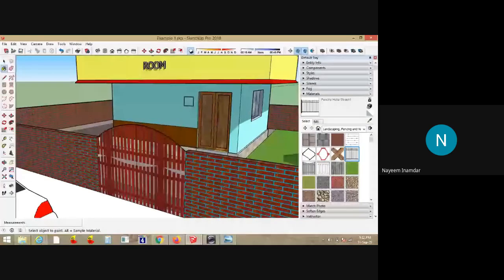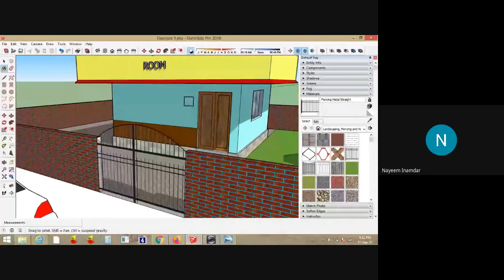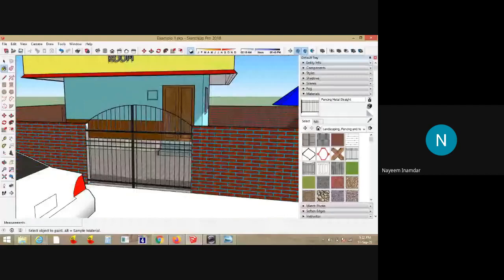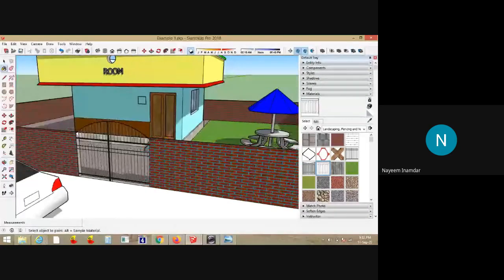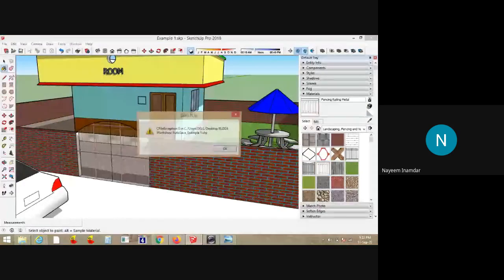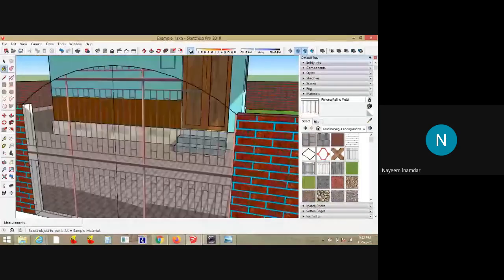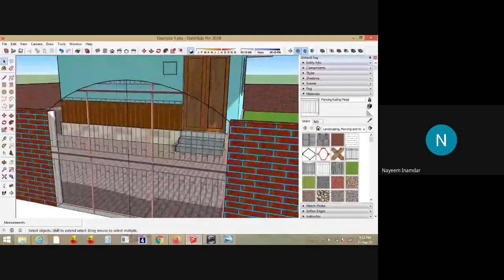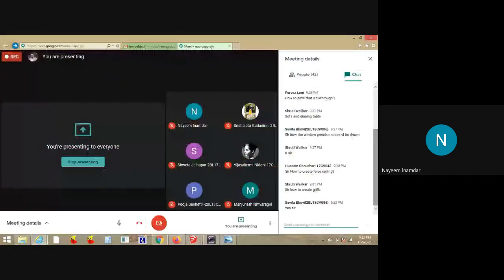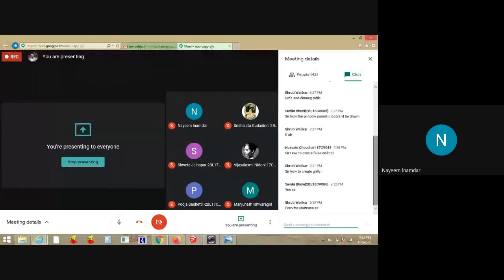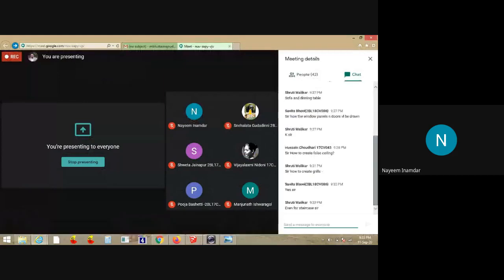So this is like grill. Just have the rectangle or any shape where you want to have the grill. Go and directly paste it, apply it. So this is the predefined grill already available in SketchUp. Then, yes, even for staircase also, you can give the railing and grills, the same thing.